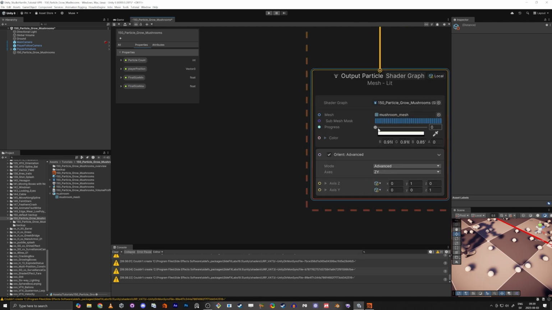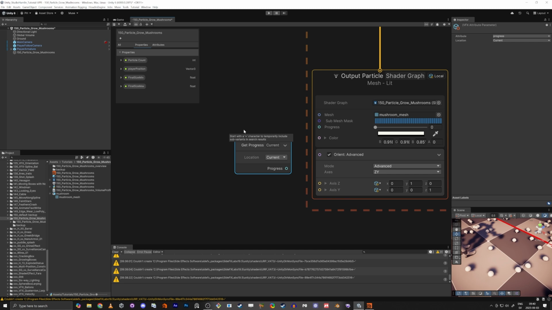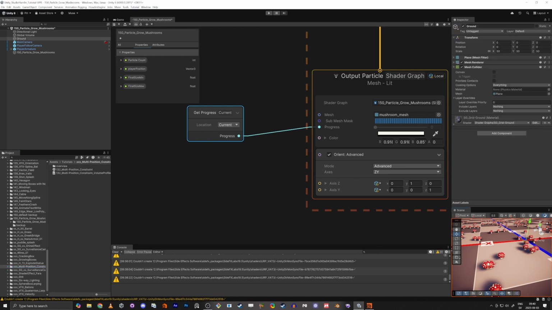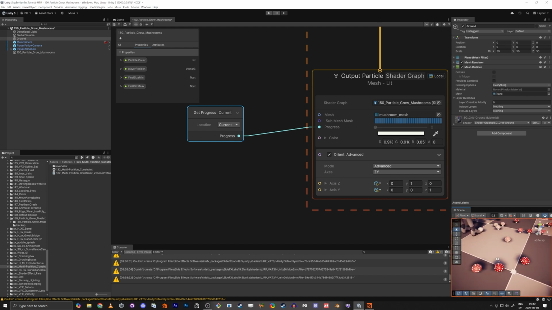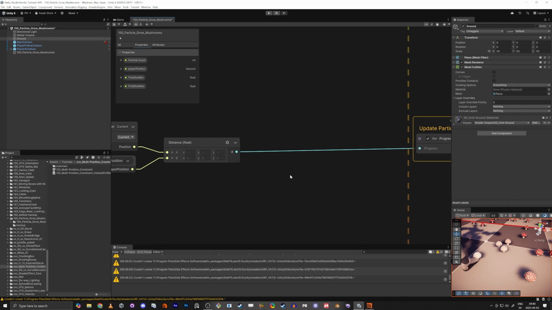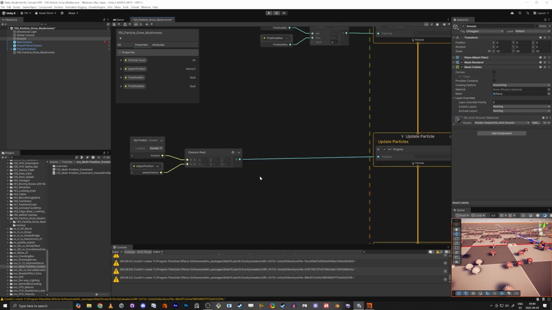Now we're just going to set the progress here. So now just do get here. Where is it? Here it is. So now you see there is stuff happening. The close one is nothing, and the further one has the color. And we're also gonna fix the size, but for now we're just gonna work with the colors. So what we can do, because now it's like 0 and then it goes up to 10 maybe, I don't know. But if we remap this here